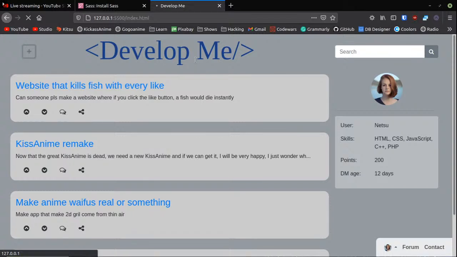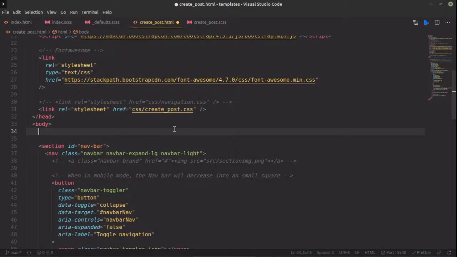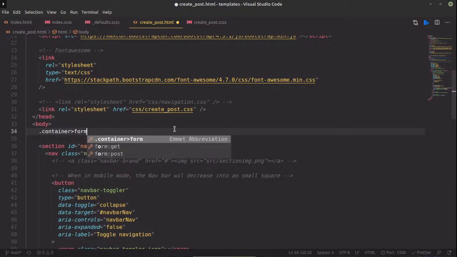So we click on plus, and then there should be an input box where they can input a bunch of things. So you can probably put all of this inside of a container, and then inside of that container we can have a form, and I want to go look at the